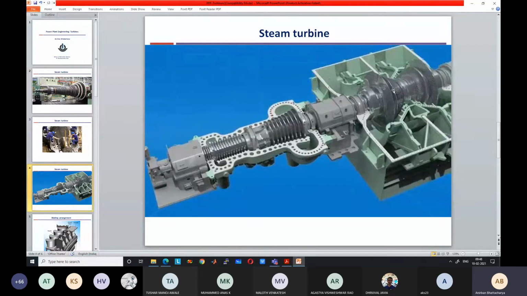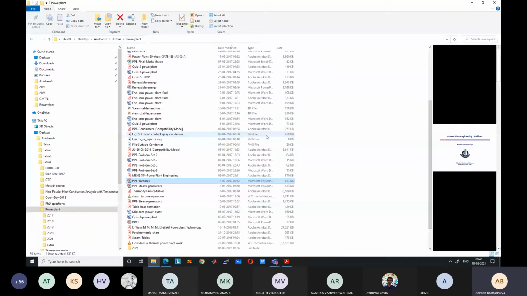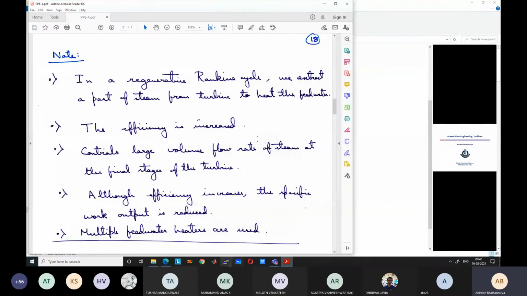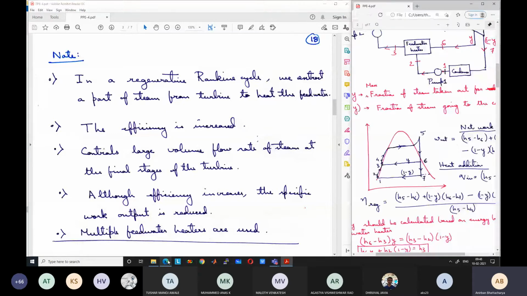So this is how the low pressure turbine stages were still managing to accommodate the higher specific volume of steam. Okay, so let us come back to our regeneration cycle. One positive side effect of extracting the steam is that the volume flow rate of the steam through the lower pressure stages is reduced by the amount Y. Okay, so it is slightly reduced.